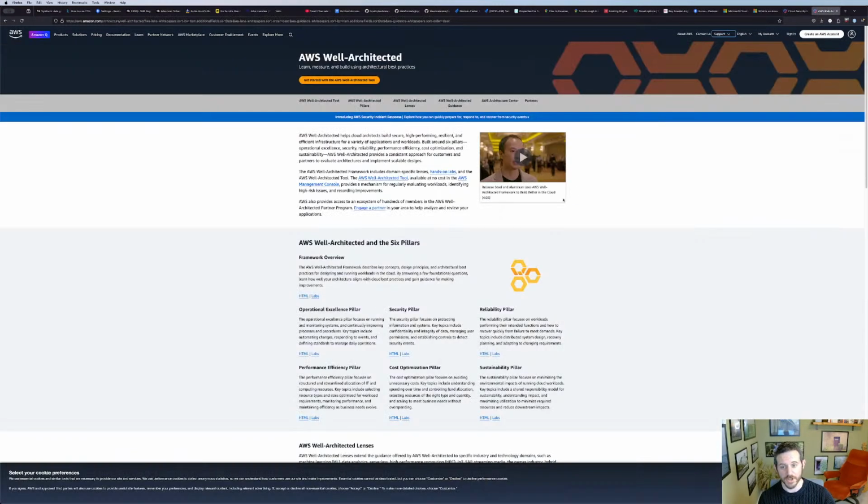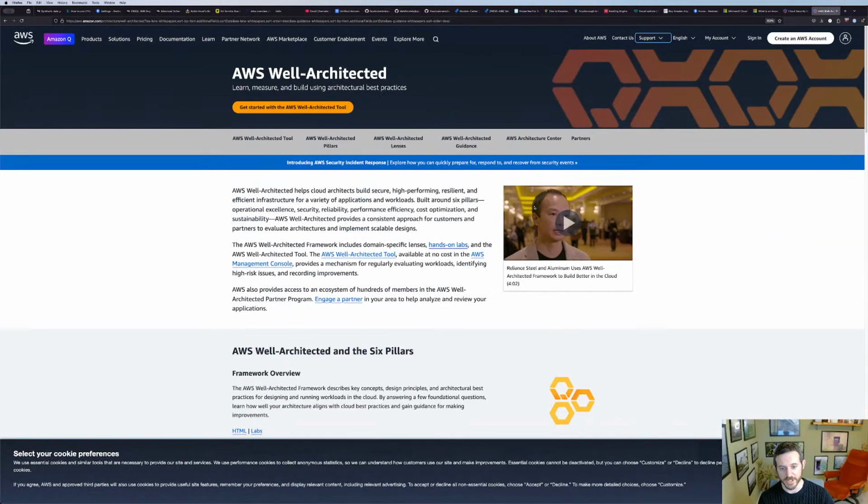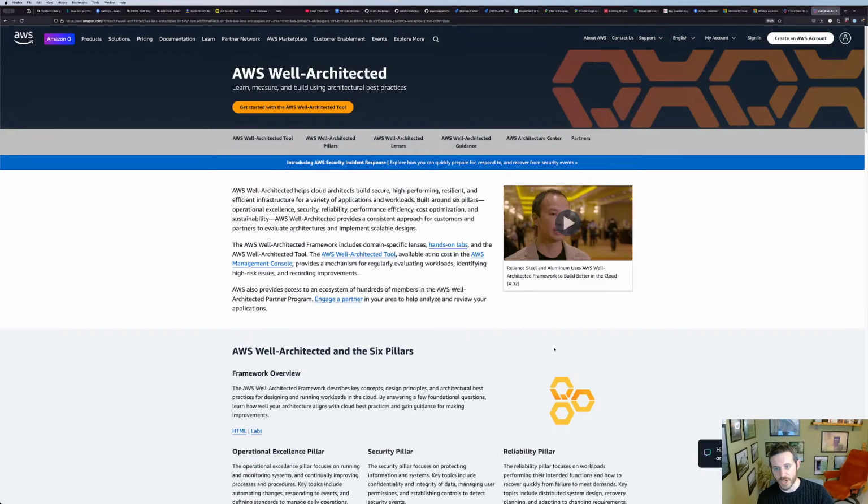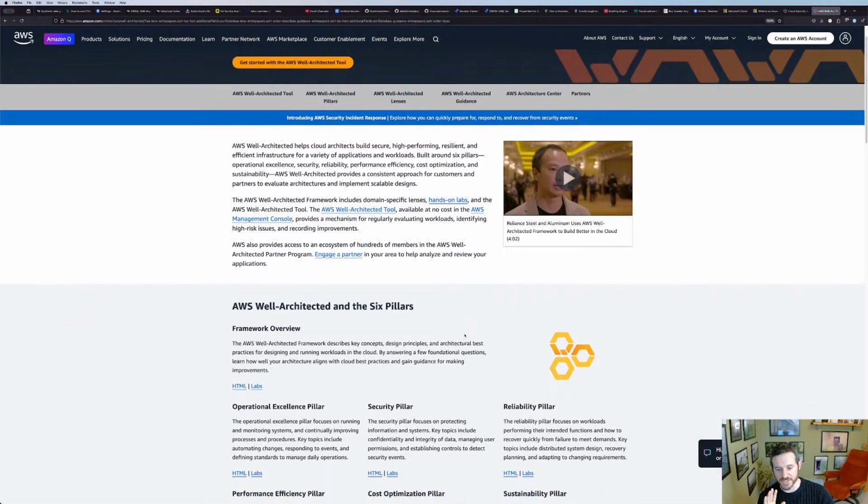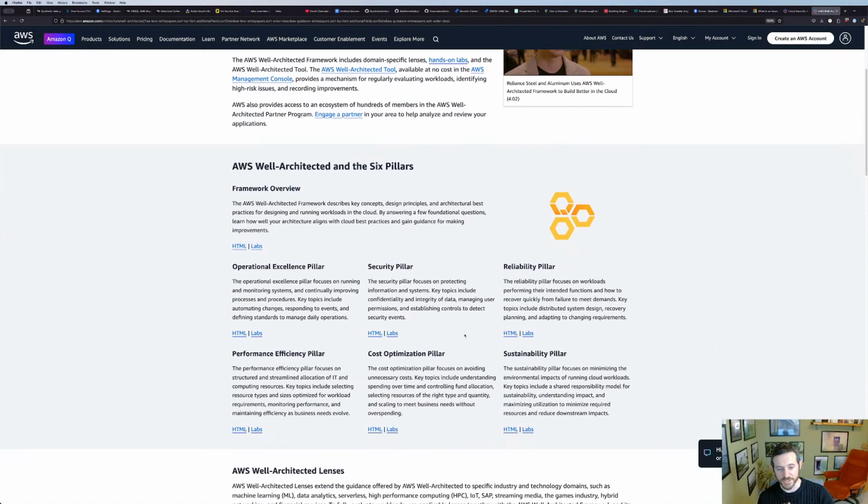So AWS, let me make this bigger again and hit the accept button. AWS have the well-architected framework, which is similar to the cloud adoption framework. And again, you have the various pillars that they determine to be good for getting your stuff going.